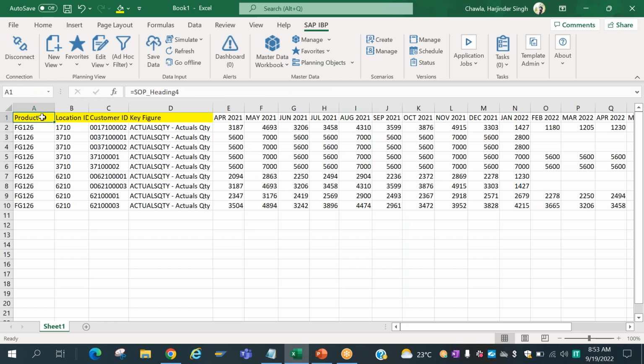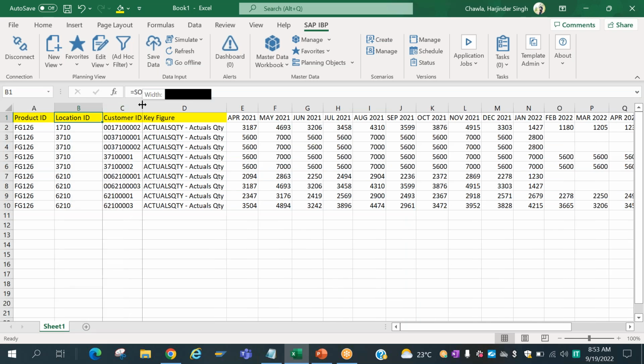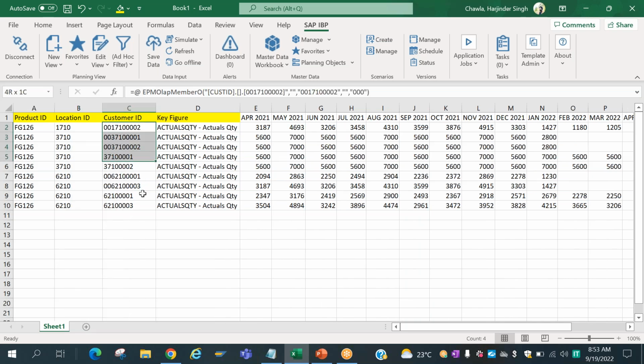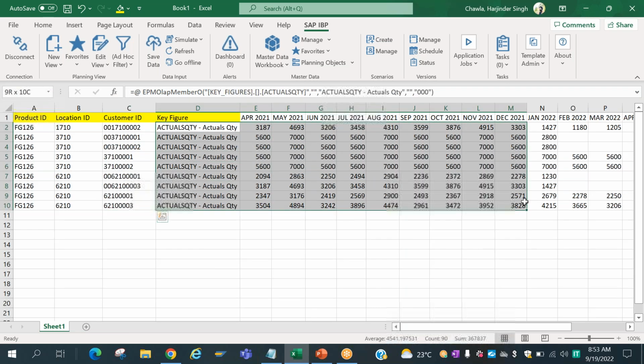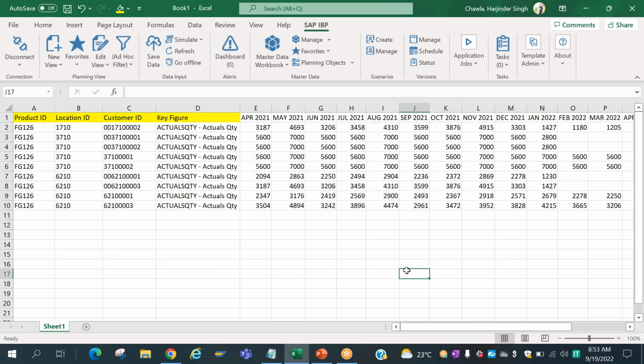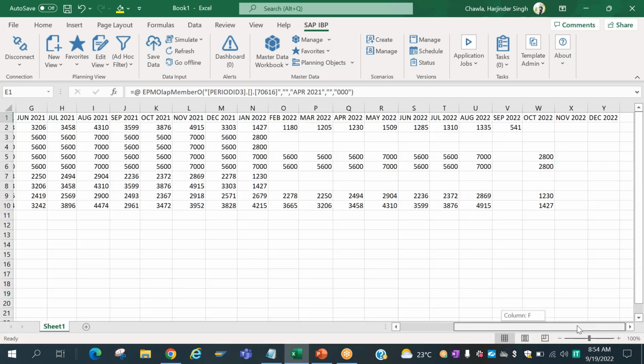So now this is my product ID, this is my location ID, these are my customers, and this is my actuals quantity. So for this product at this location for this customer, actuals quantity in April 2021 was this, right? And we see that the data is there till October 2022.